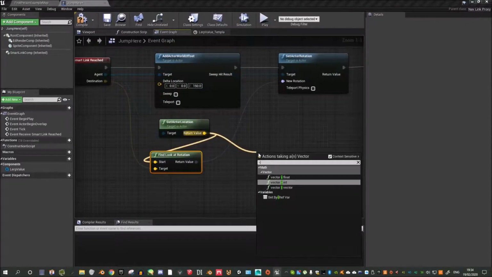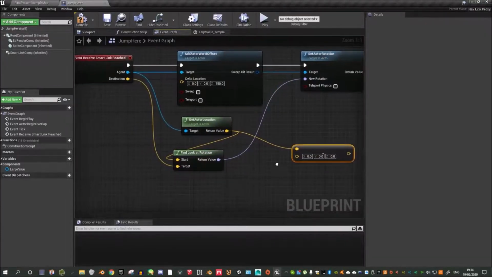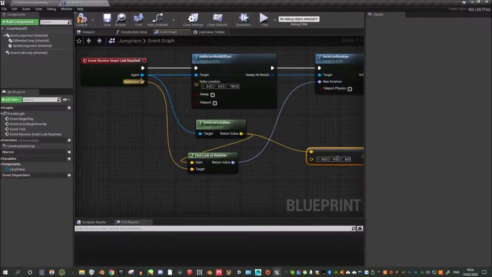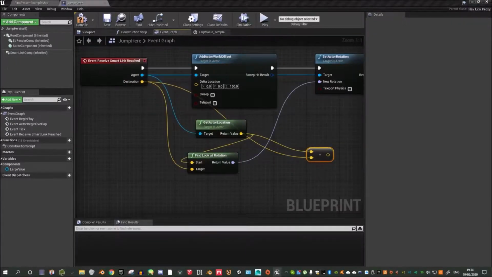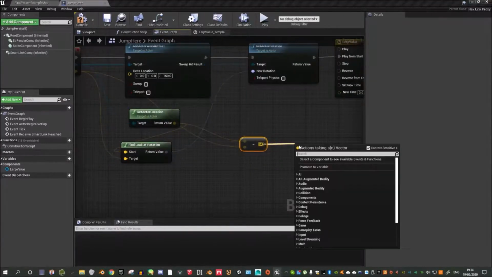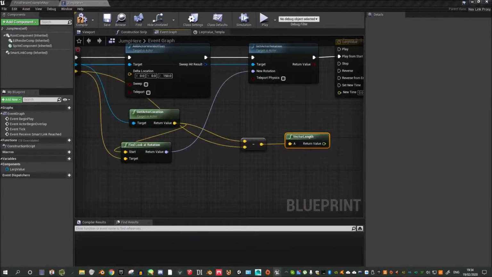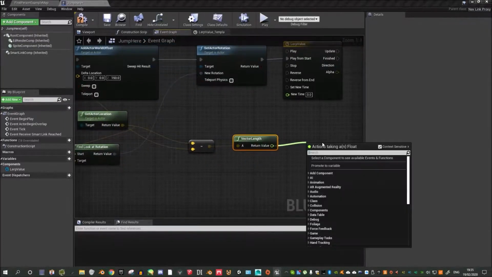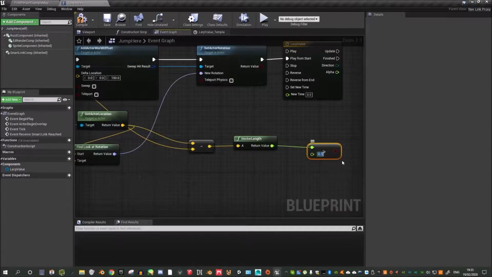We can subtract it, so minus vector, and we're taking it away from the destination. We're getting a vector length of that. And if it's greater than 250, we could try 250. So float greater than float, or we could try 200, it doesn't matter. If it's greater than 200,